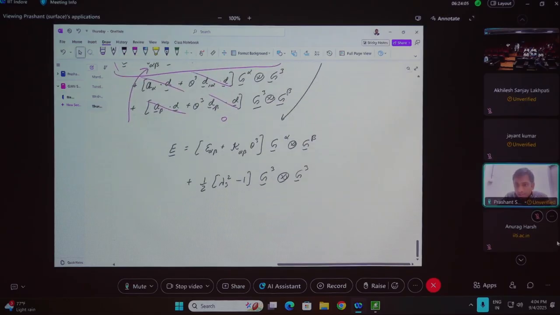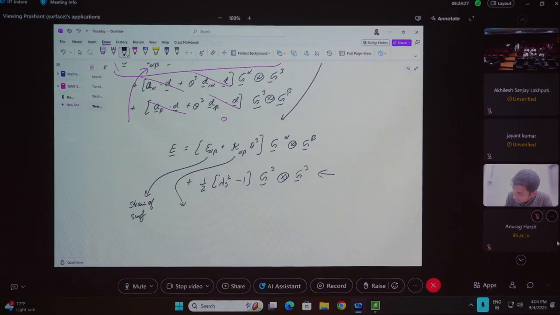Okay, so we are interested in the first term here. The second term is quite simple. It simply tells you what happens to the thickness, whether it is thickening or thinning. But the first term here has two things. This is the strain of the surface, and this deals with the curvature of the surface. And then there are some mathematical formulas that are used to explain them further. But the idea is